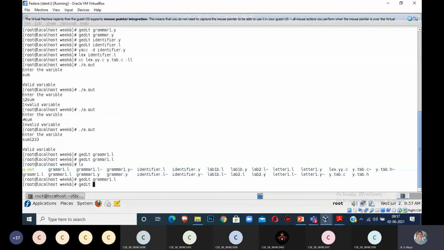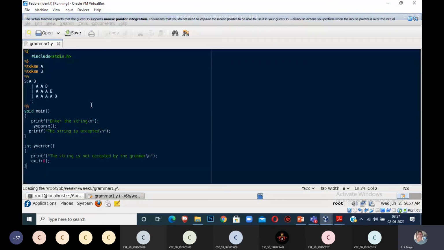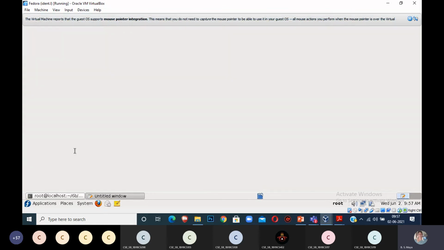There is no change. GRAMMAR1.y. This is the next program I have written. See, you have to give space between all the terminals. This is very, very important, otherwise you will get an error.